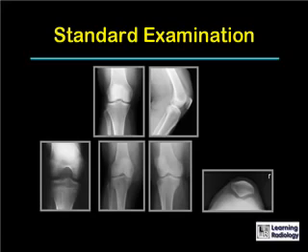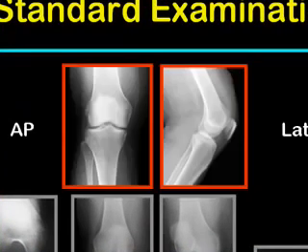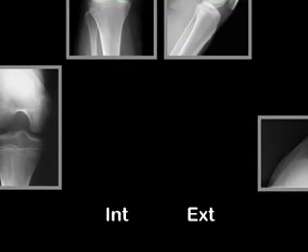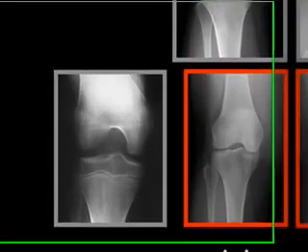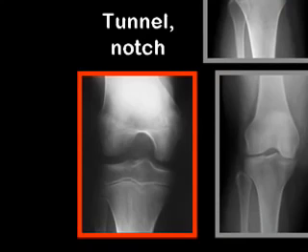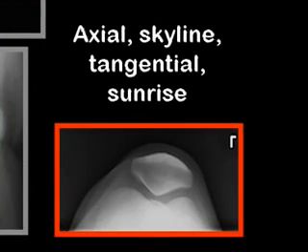A standard conventional examination of the knee will always include an AP and a lateral view. In some institutions, it may also include an internal and an external oblique projection of the knee. In other institutions, it may instead include a tunnel or notch view of the knee, which demonstrates the femoral condyles in their posterior aspects and the intercondylar notch and intercondylar eminence particularly well, and the axial, skyline, tangential, or sunrise view of the patella, which shows the patella in its AP dimension and demonstrates the joint space between the